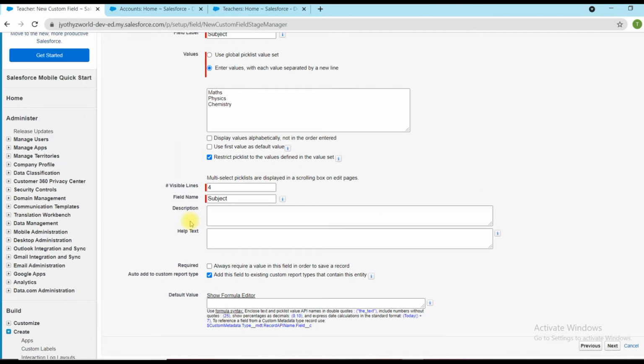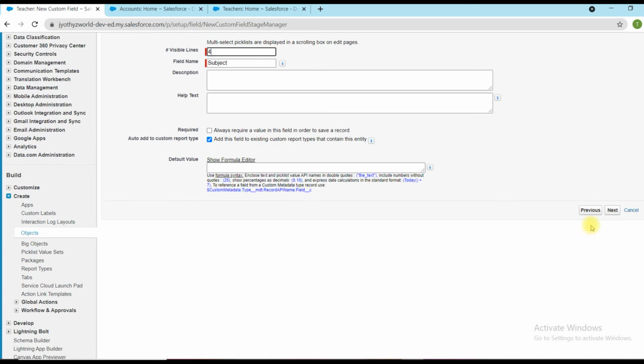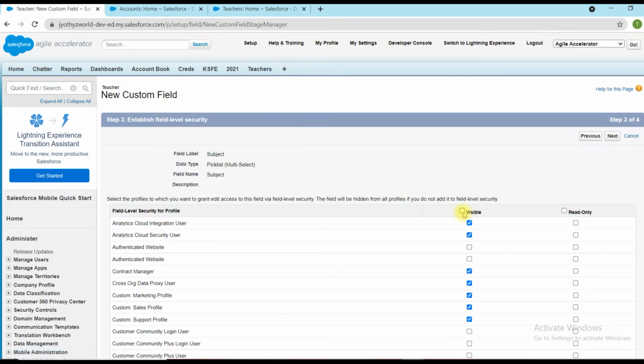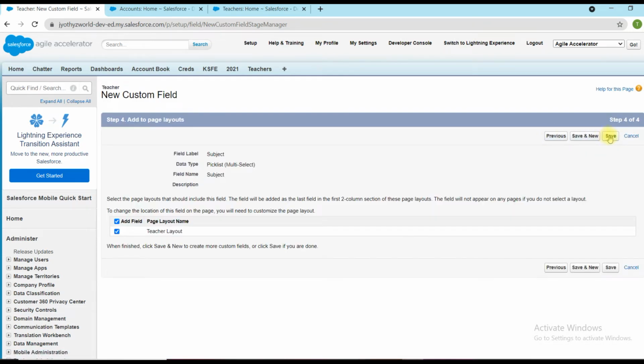Here it is restricting how many values should be available in a single line. Letting all other fields stay empty, same as existing. Providing next. So here the teacher object is ready. Save.